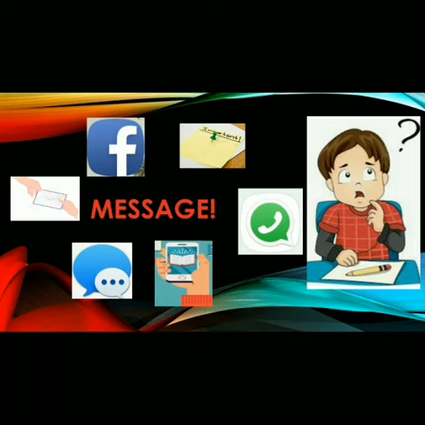Wow, such a great picture where we can see lots of pictures and at the same time a student. The student is thinking, but what is he thinking? Now, let us know. See, I have given here several pictures. Do you guess which pictures are here? Yes, these are the symbols of Facebook, WhatsApp, Twitter, cell phone, some